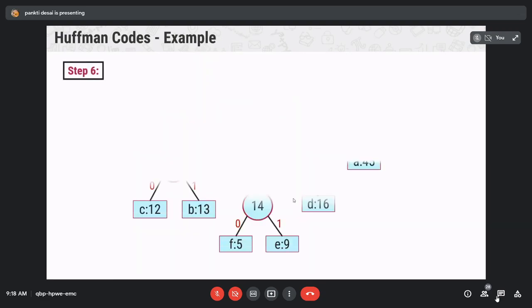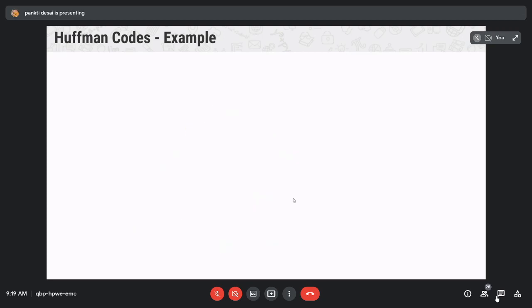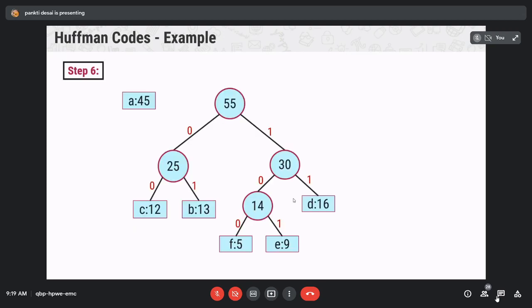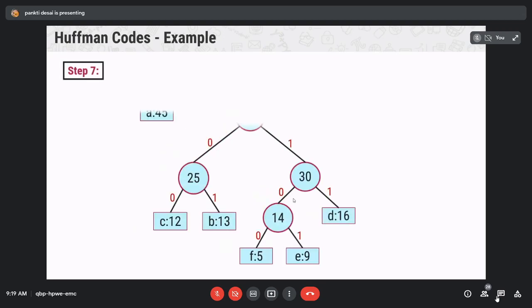Now next, which nodes have the minimum frequency? 25 and 30. So create one new node, that is 55. So 45 should be at this place. Now again assign 0 and 1 to the left child and right child. Then again create one new internal node, that is 45 plus 55, which is 100.